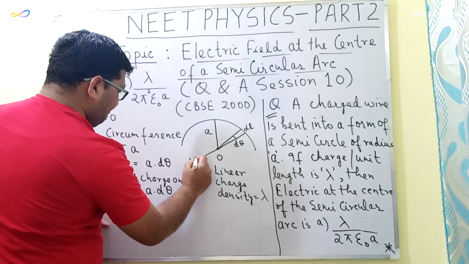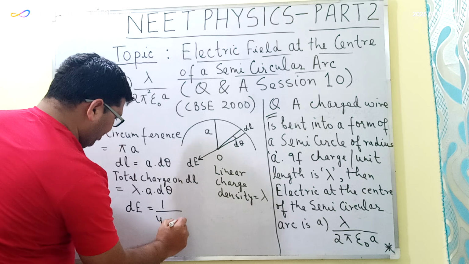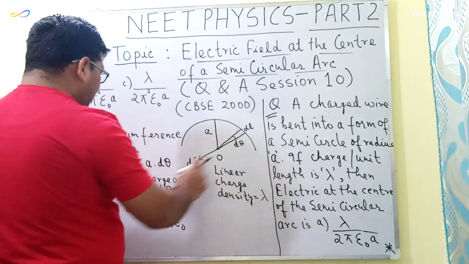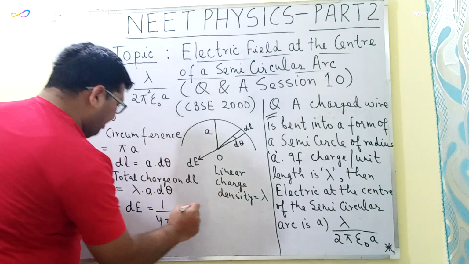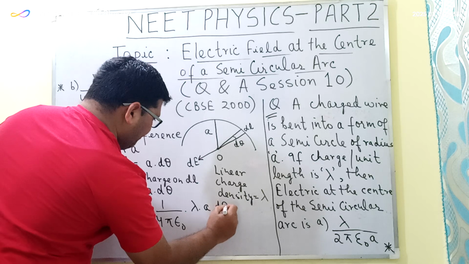So this is dE. This will be equal to 1 by 4 pi epsilon naught into the total charge on this segment, which is lambda into A into d theta,